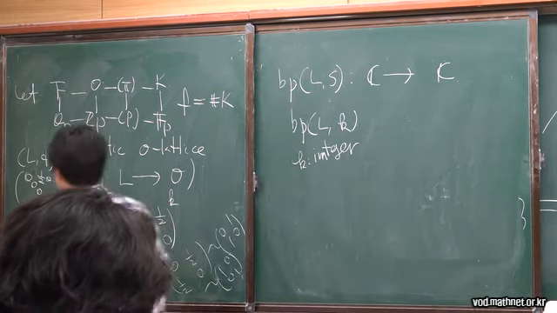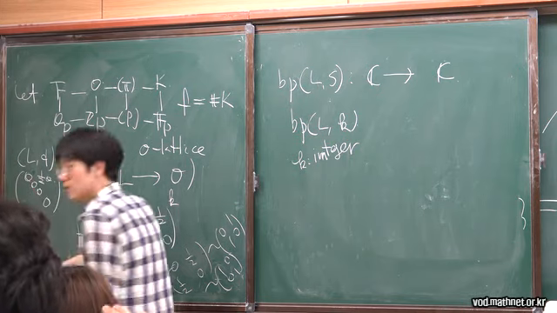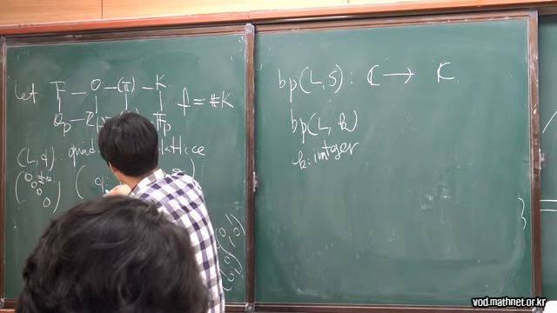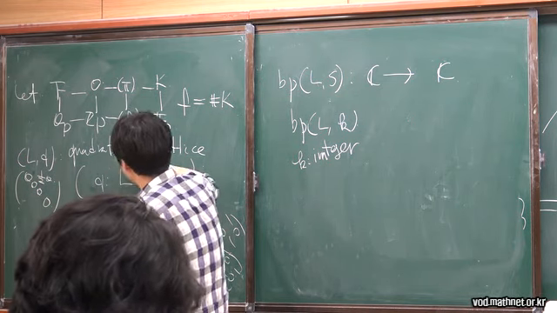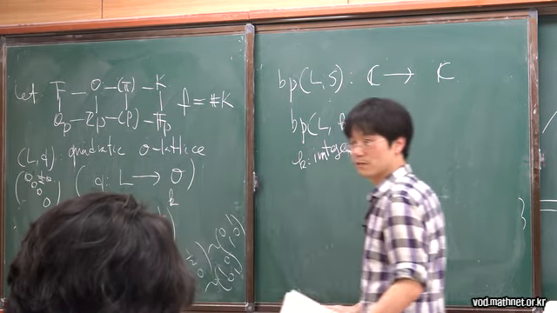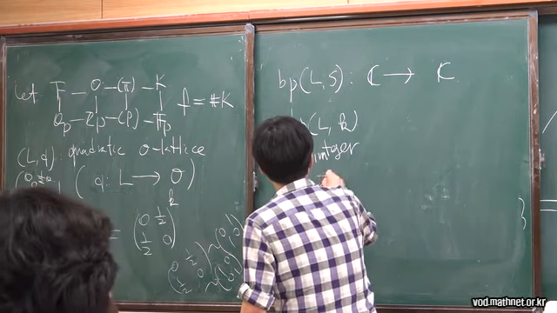By the way, let me also fix n. N is the length of L. So it makes sense, right? Because I initially started that L is a lattice, so it means a free lattice with finite basis. Okay, so if k is